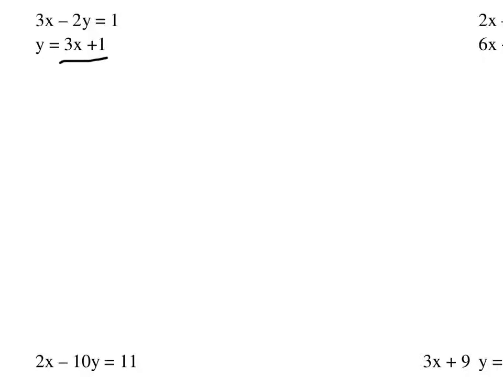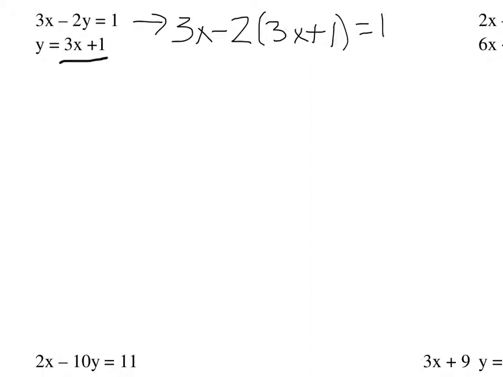The first equation tells us to take 3 times x minus 2 times y. But from the second equation, we know that y is 3x plus 1. So we substitute 3x plus 1 in place of y in the first equation, and that equals